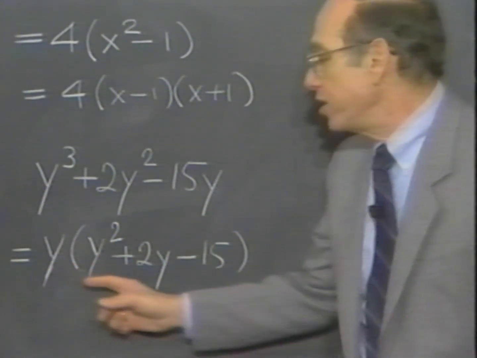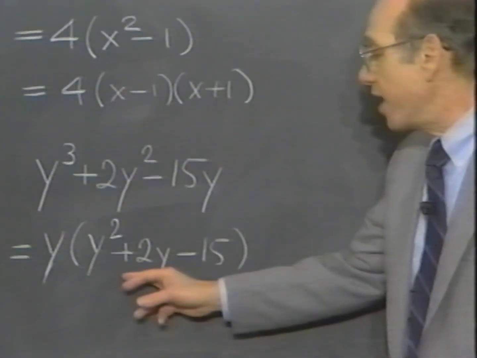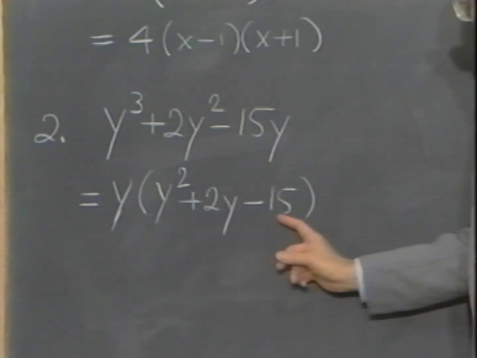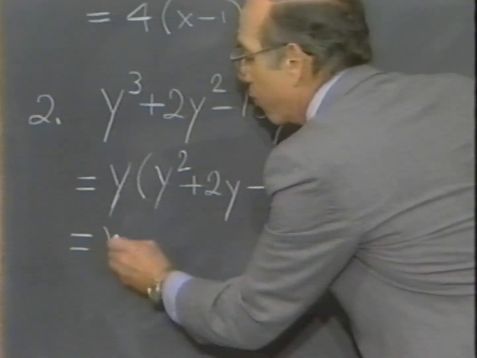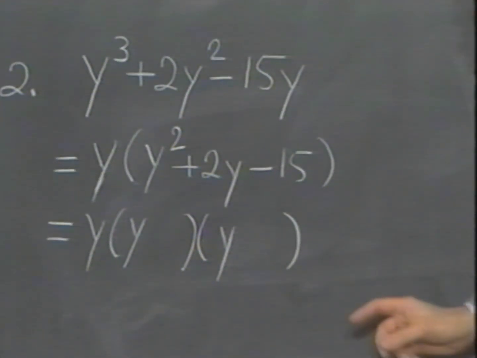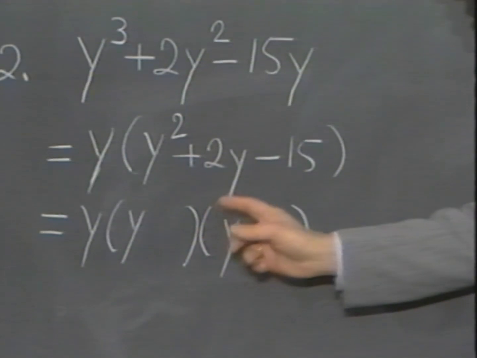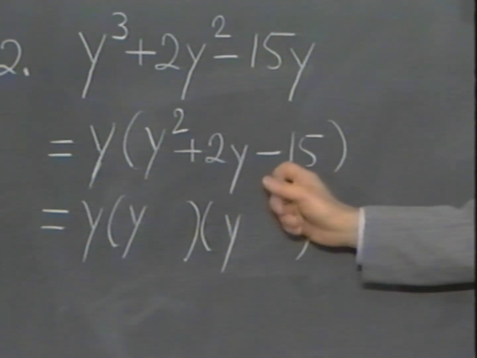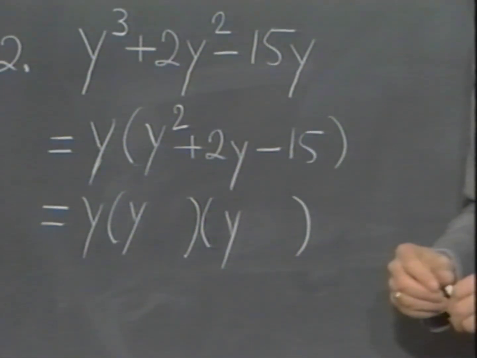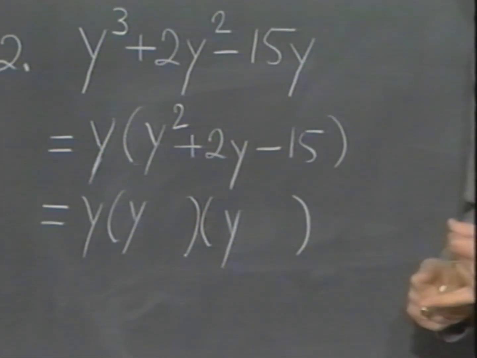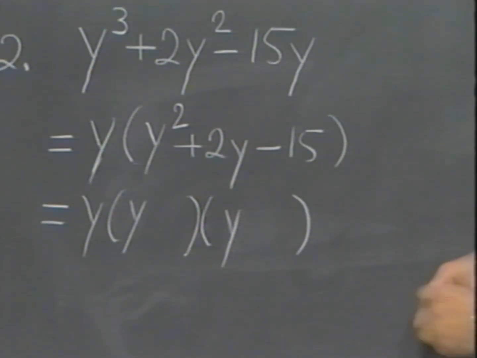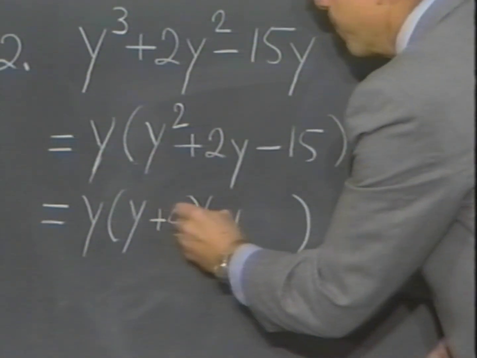So now we have y times a trinomial, and we can factor this trinomial, maybe. Well, this time we can. What are the factors? Well, we know what we're going to get: y times y plus something times y plus something. But actually, one of the pluses is going to be a minus, because we need two numbers whose product is minus 15 and whose sum is plus 2. And the natural factors to take of 15 are what? 5 and 3. Since we want to come out with a plus 2y, we're going to take plus 5 and